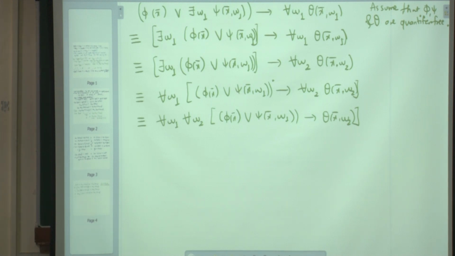So the last formula is in the Prenex normal form, PNF. You have seen CNF, DNF for propositional formulas. These are normal forms. So we can always bring them out. This is called the Prenex normal form. So what is the definition of Prenex normal form? It simply says that a formula